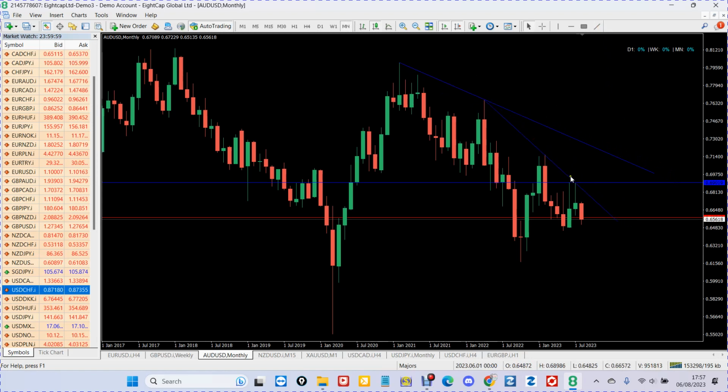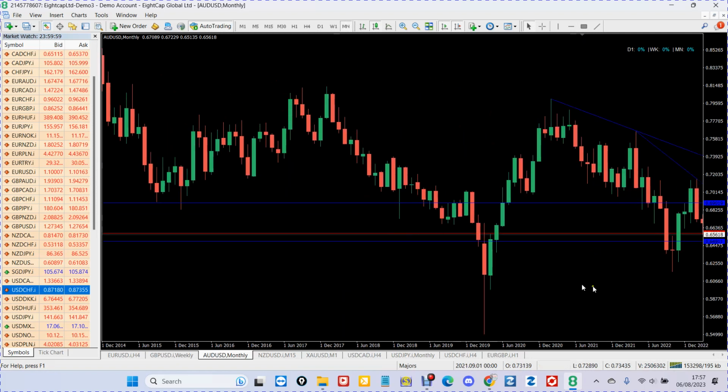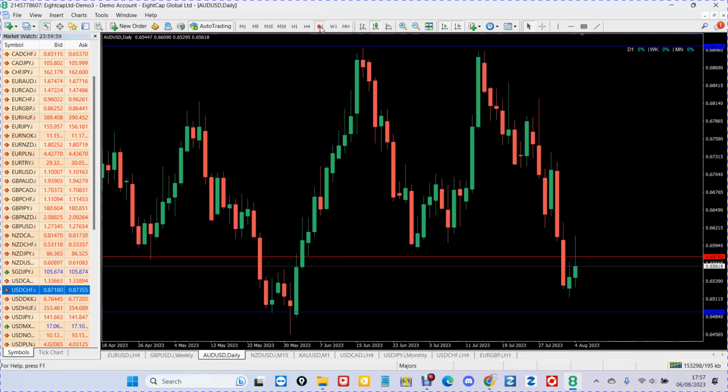There was an A, B, E. Target then, if that would have been a trade, is down here. So there's still room for this to move to target and lower. So let's go and have a look at the daily. We've got a nice trend line down, but this is the nearest area